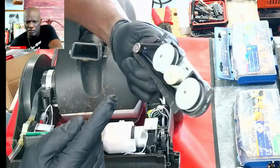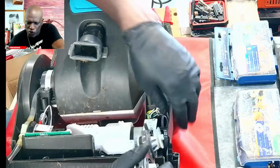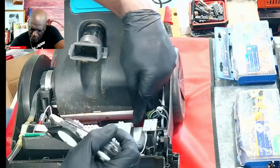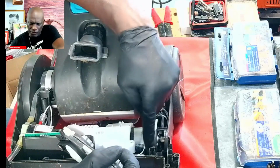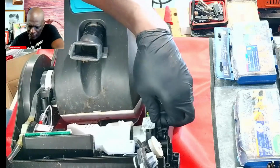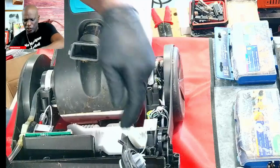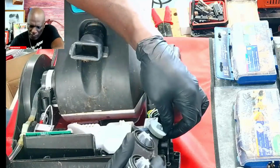So that's how you would retread this, okay? So now, to get this on, what you would do is remove the 2 screws from the motor, from this end of the motor, okay? So this way it has a little bit of flexibility. Now, ideally, maybe you want to remove all of the screws so you can move the motor totally out the way, but if you can manage it,